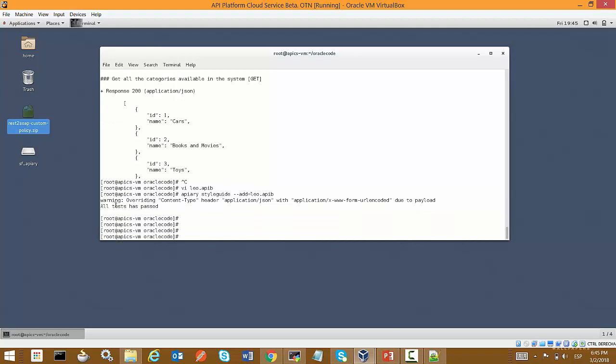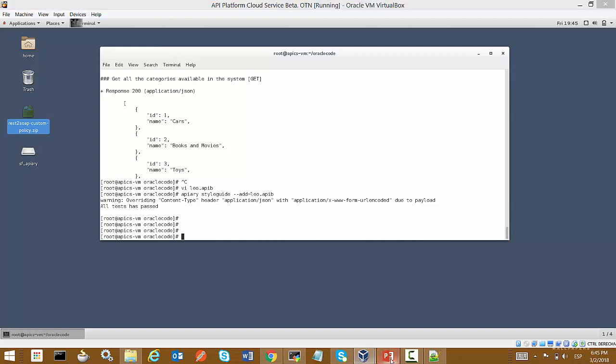And as you can see, all tests have passed. Okay, so we are having the same experience as in the web UI, but now in the command line interface. So you can imagine now how the process can be. I can be just one of the approvers for this. I don't need to get access to the web UI, but I do have access to the command line interface.